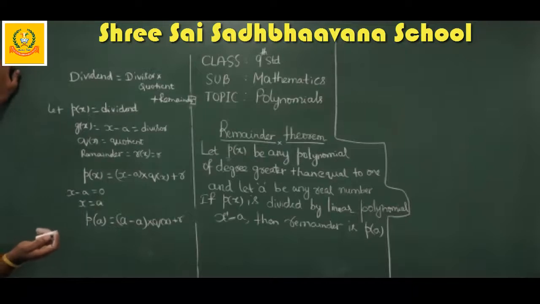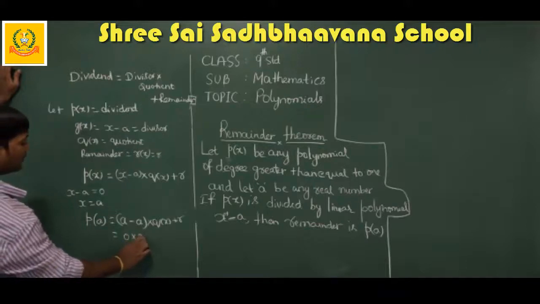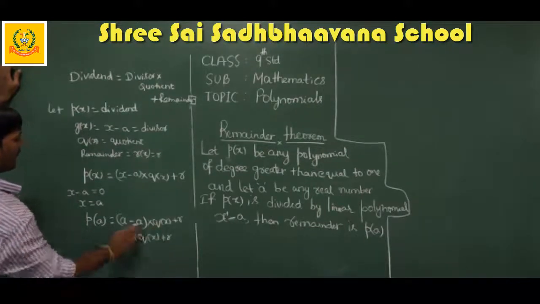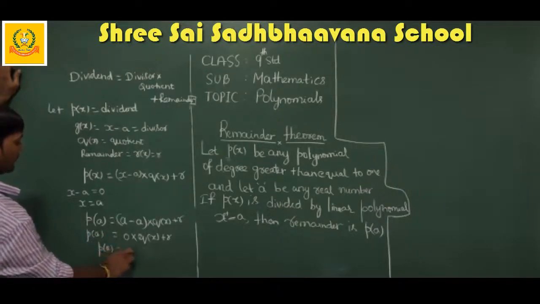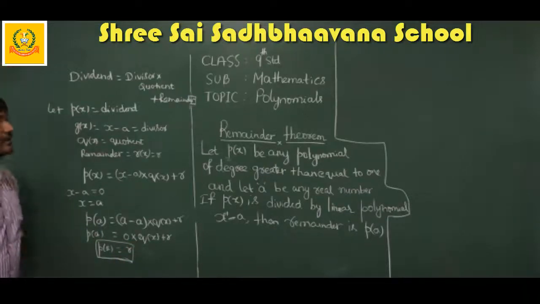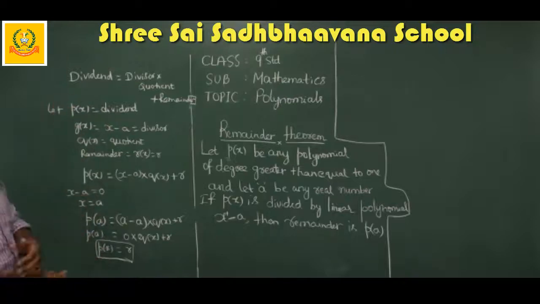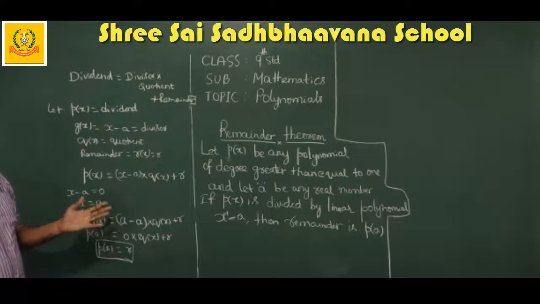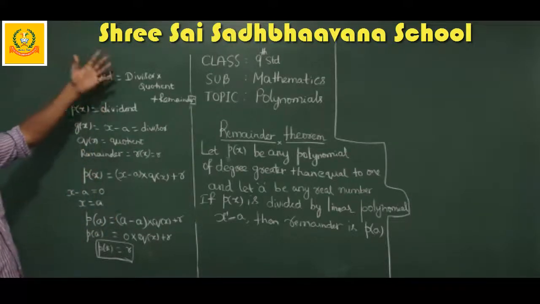Always we know that, everybody knows that a minus a is what? 0. 0 into q of x plus r. So you can observe here we got P of a as r, meaning you got your remainder without dividing. You can just check out the steps. Anywhere I divided, see, I never divided, correct? I did not at all divide anything like P of x with g of x.